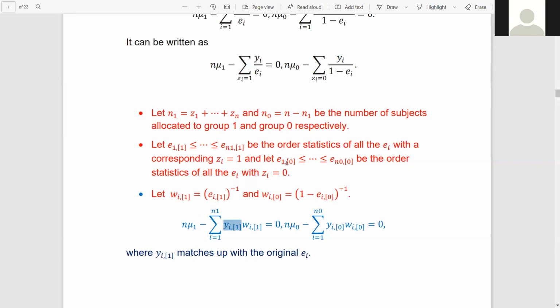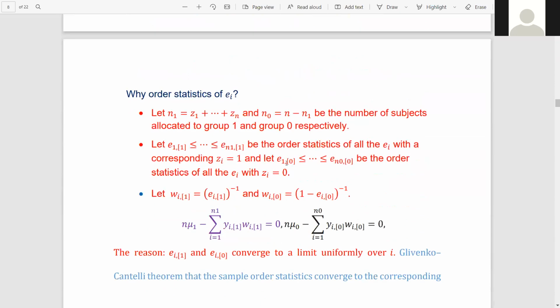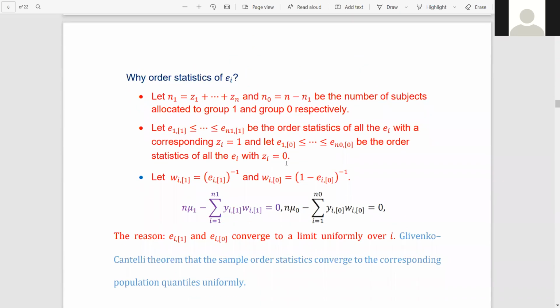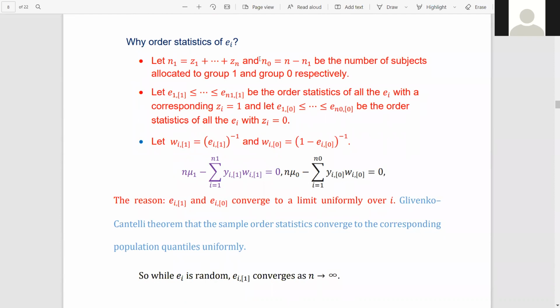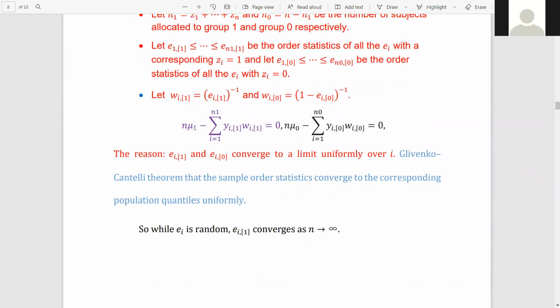Okay, so now you may ask, why do we have to use order statistic? What benefit does this bring? So why order statistic? This is just a repeat of what we did. We get this order statistic. So why do we want to formulate in terms of order statistic? The reason is this order statistic, this EI1 and this EI,